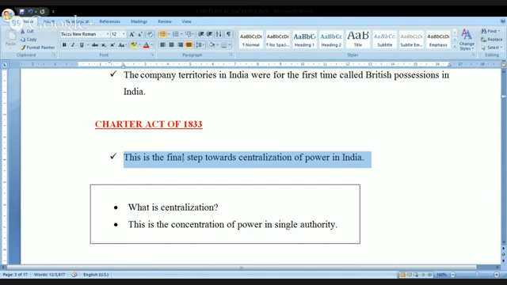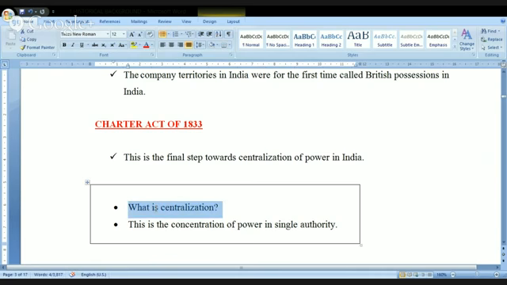The first step began with the 1773 Act, and the final step towards the centralization of power in India came into existence through the Charter Act of 1833. Let's see here what is centralization. Simple point here: the opposite word for centralization is decentralization. If I am using the word centralization,